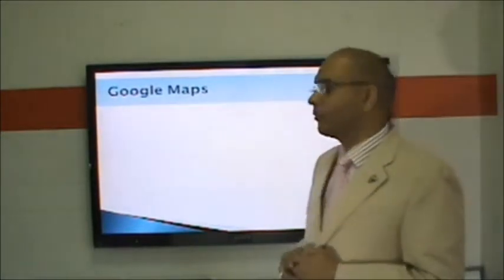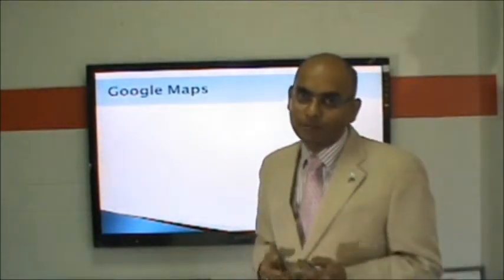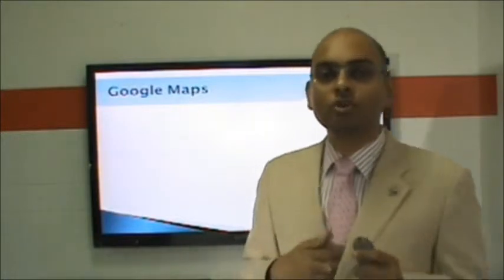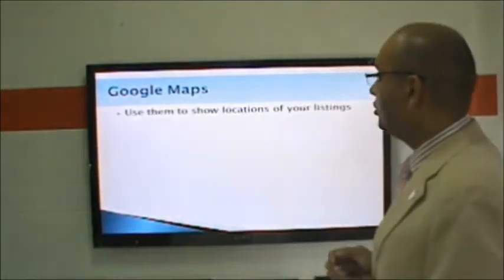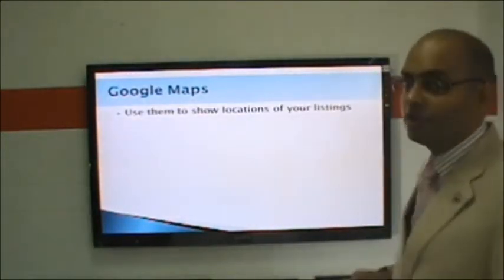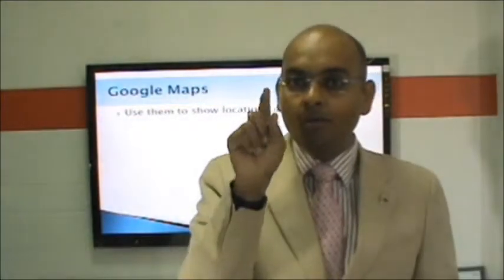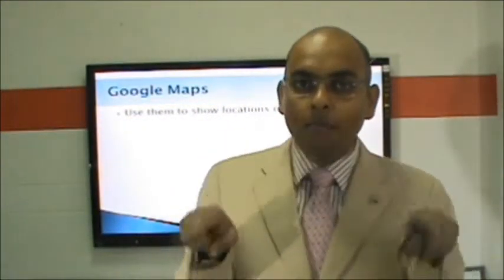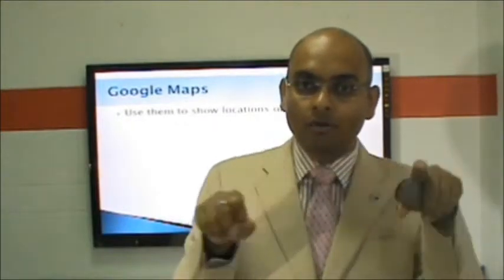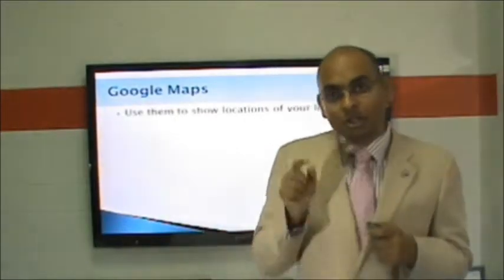Google Maps. Everybody must know Google Maps, but still realtors are not using it to their advantage. Use it to show the location of your listing. When you send a listing over email, you can send a Google Map along with it and show the nearby places. You can use it along with the listing in Remax